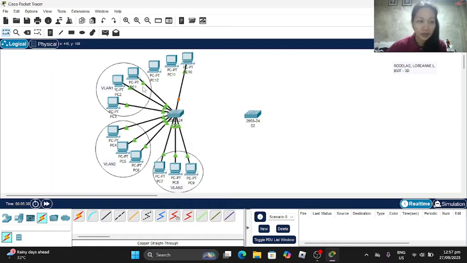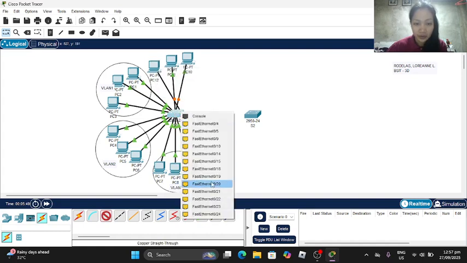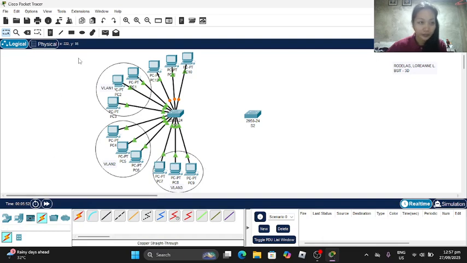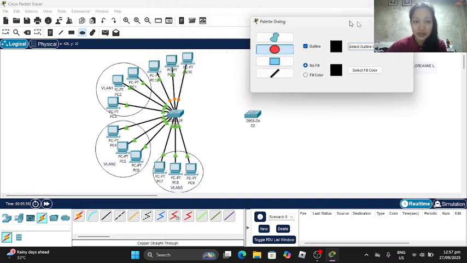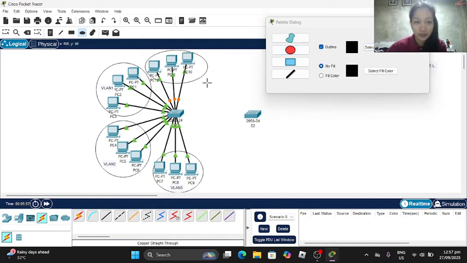So PC10 connected to port 16, PC11 to port 17, and PC12 to port 18. So these PCs will be under VLAN 4.